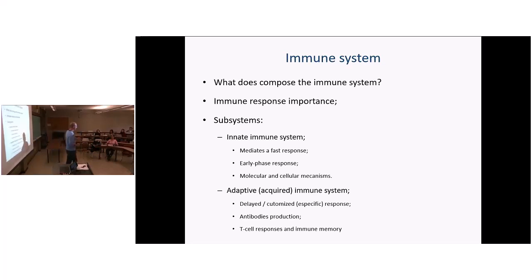For that, let's go. If you have to defend yourself, this notion of self, we're going to talk quite a bit about it. There are two large subsystems inside of the immune system, which are the innate and the adaptive immune system. Most of the vertebrates have both. Most of the invertebrates basically have only the innate. You would say that one is a more general immune system. The other one is a more adaptive or acquired immune system.